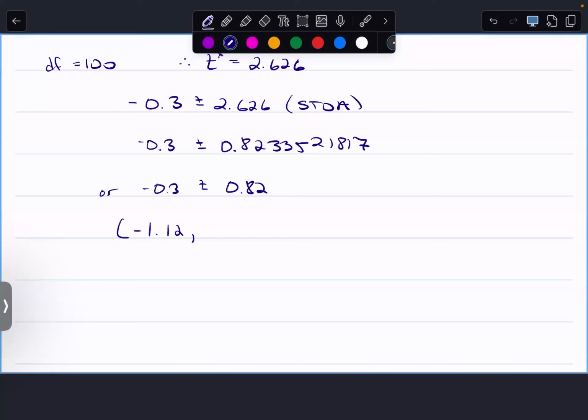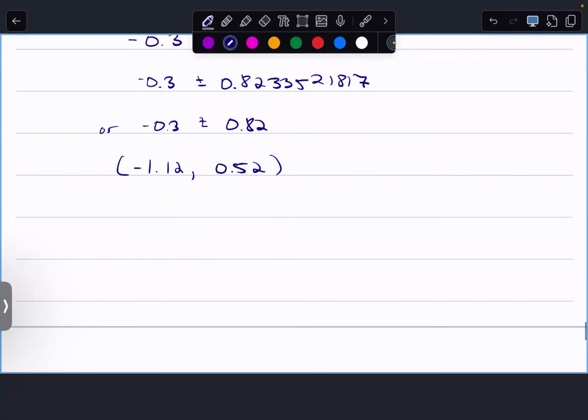Do you expect it to be positive or negative? Positive. Negative 0.3 plus 0.82, up to 0.52. We are 95%